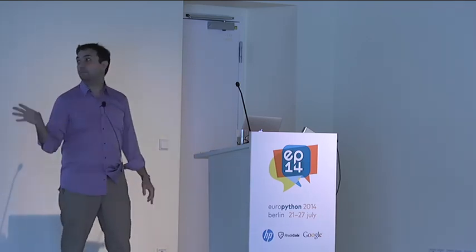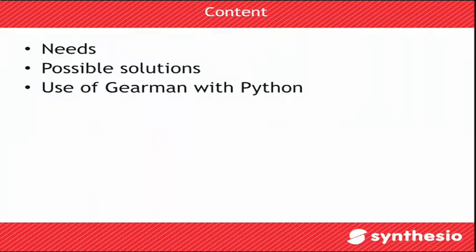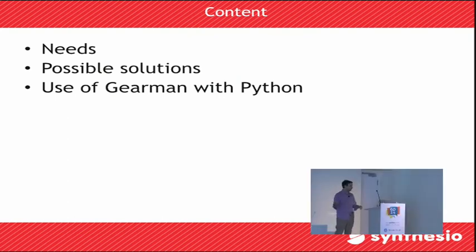Very brief explanation of what's going to happen. I'll start by explaining a little bit the needs, so what we wanted to do, what we had in our hands. I'll go through a few possibilities just to very briefly show what exists other than Gearman, which is a job queue system. And I'll finally use Gearman with Python, as a small example of how you put the whole thing together. I'm not trying to make something of important production style, it's just something simple to do.